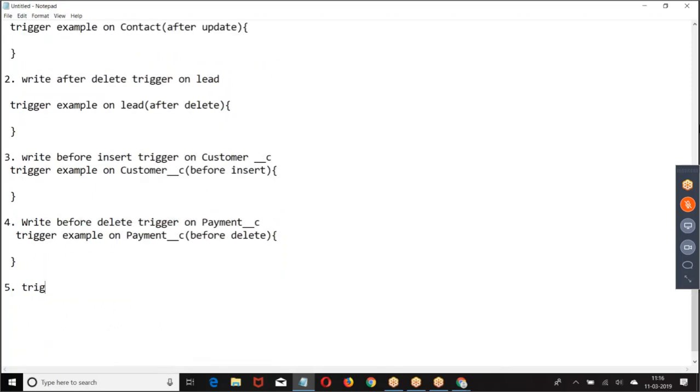Right. So we can also define multiple events. Trigger example on event.